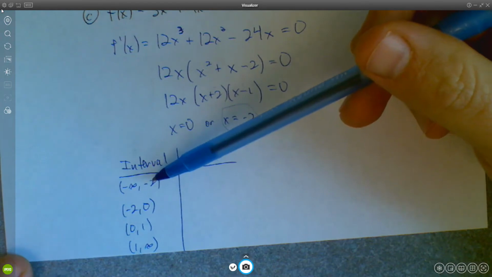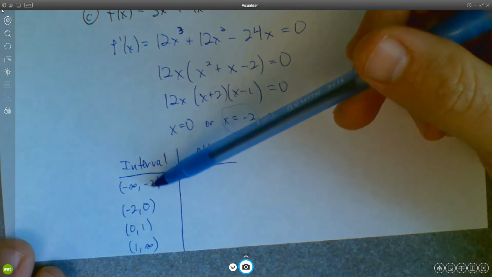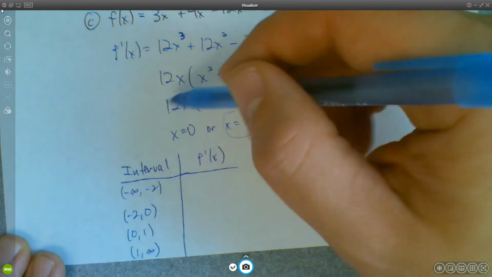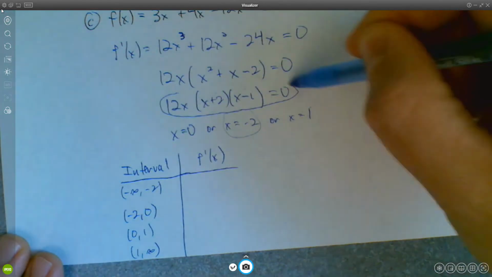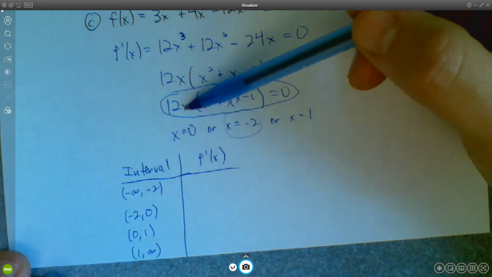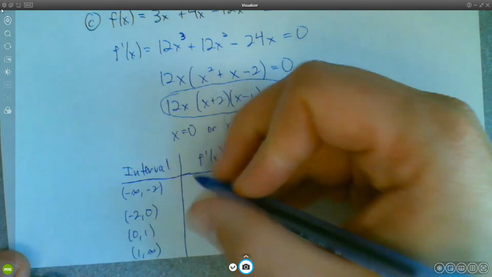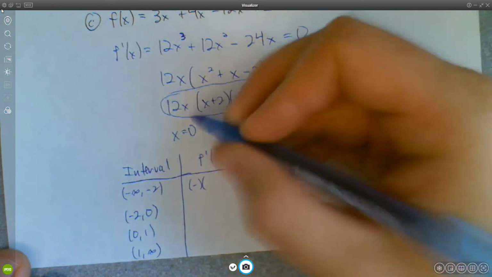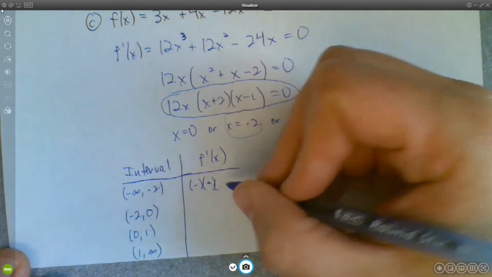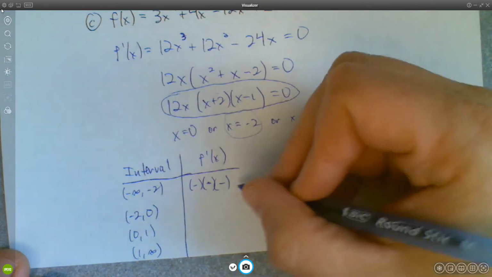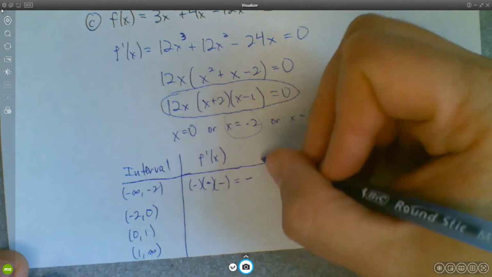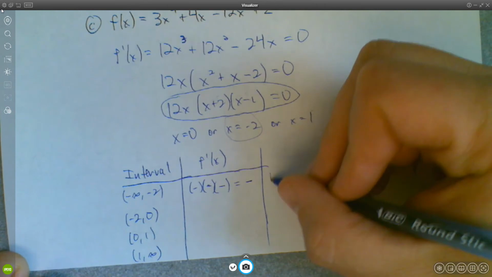So if I plug in a negative number, like -3, let's say. It's probably easier to plug it into the factored form down here, because then you can just quickly tell if it's positive or negative. So if I plug in a negative, I'm going to have a negative. It's going to be a negative times -3 plus 2, which would still be negative, times -3 minus 1, which would still be negative. 3 negatives is going to make a negative. Okay? So it's going to be decreasing